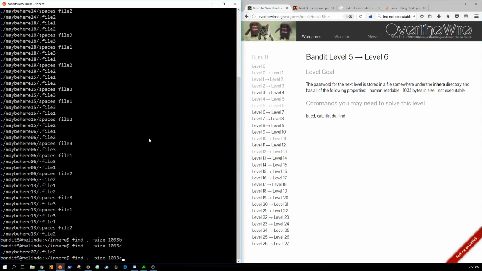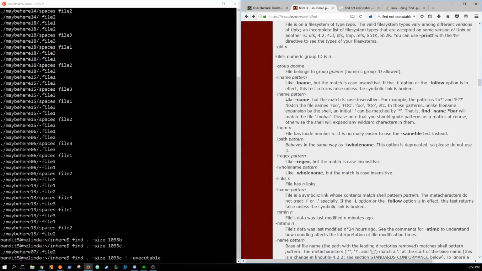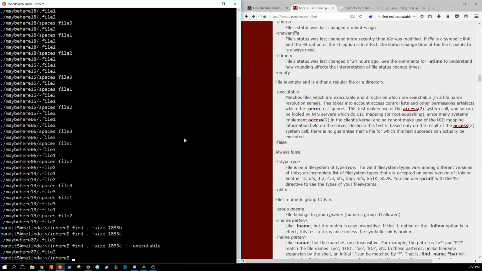So we also want, can we do executable, right? I saw this up here. Executable. Okay, cool. And then the last thing is that we can